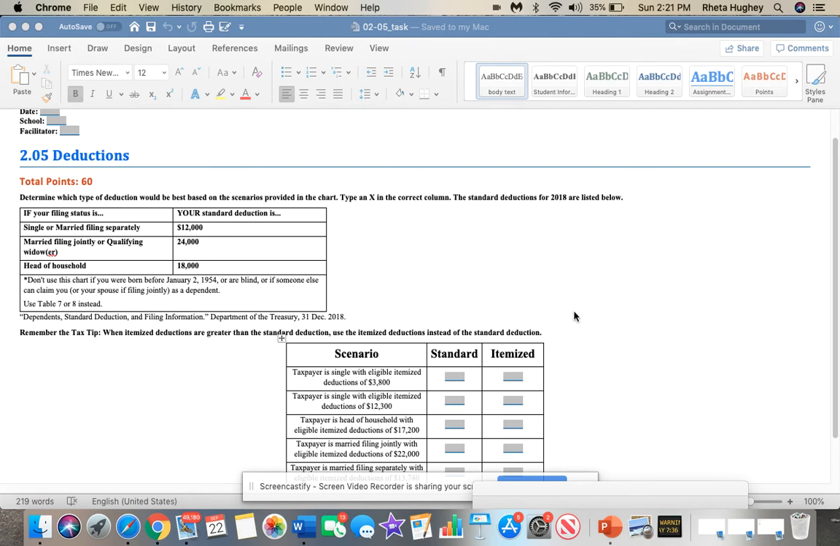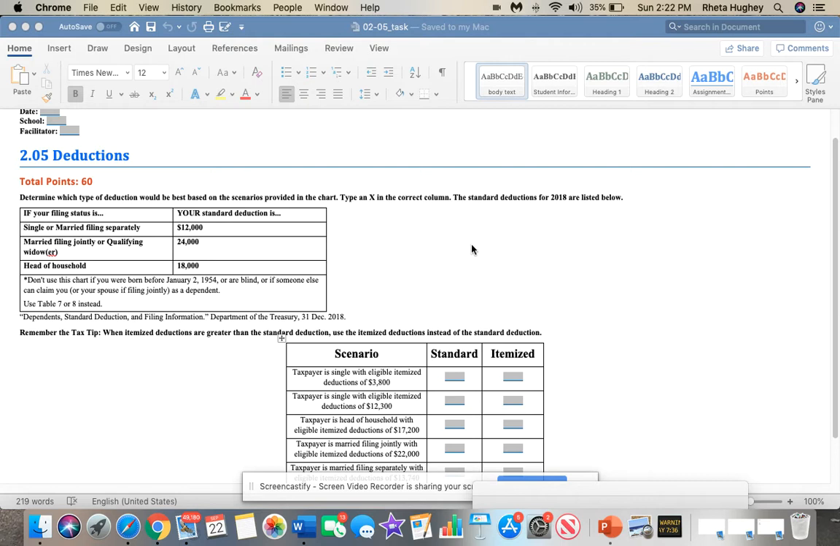Morning. Some of you have been having some trouble with the 2.05 deductions page, and I just wanted to bring this up and kind of explain a little bit so that maybe it'll be easier for you to understand. What it is asking you is to look at the different types of deductions and to determine whether you would